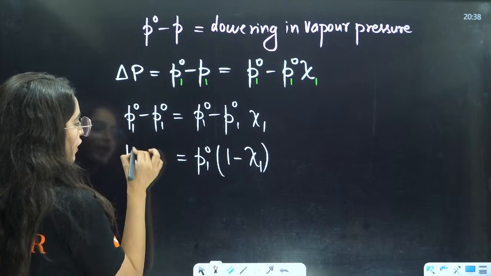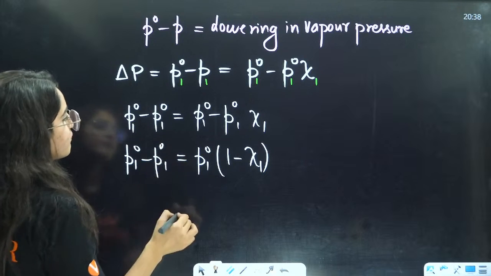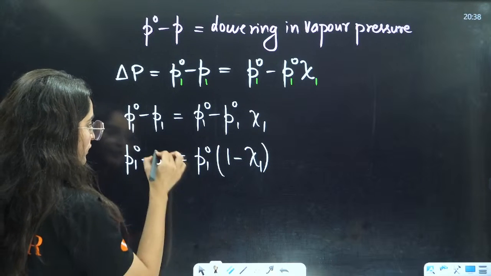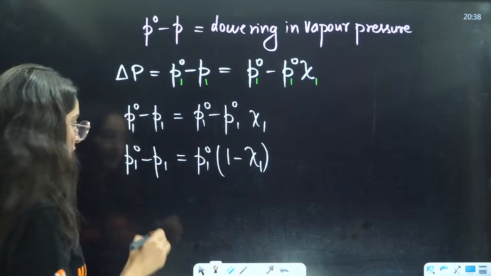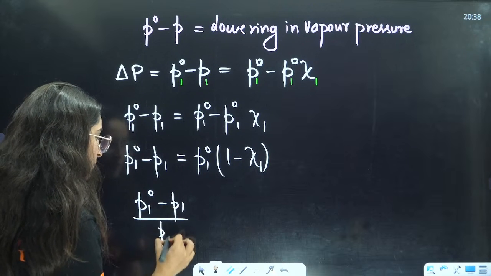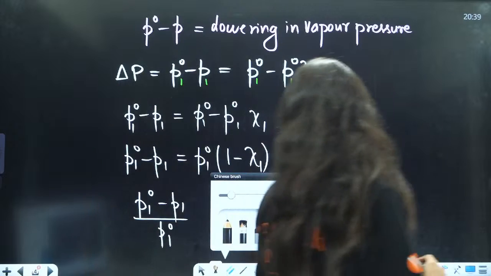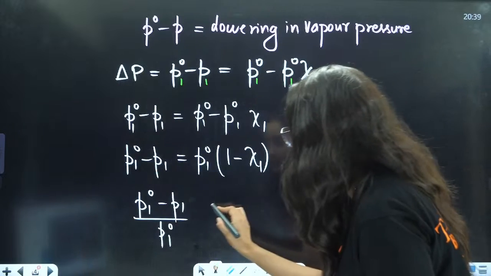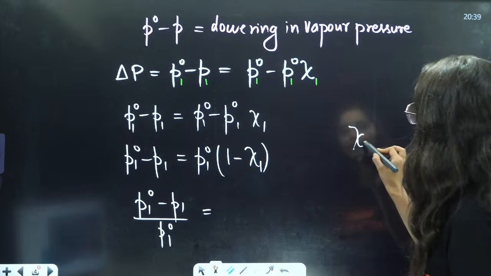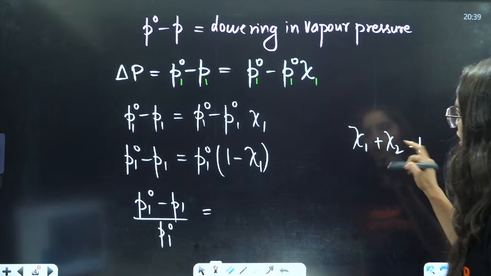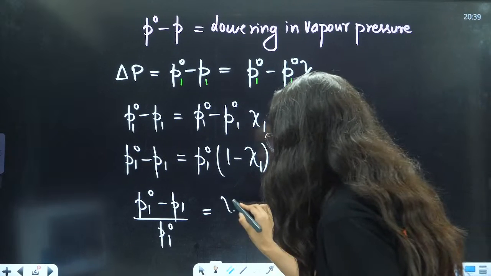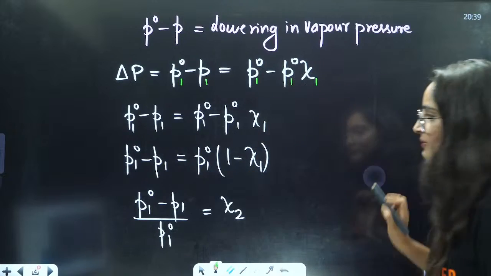This will be P1 naught minus P, right? Then after that, can I say, if I take this here, this will be (P1 naught minus P1) divided by P1 naught. 1 means we are talking about solvent. And here it is equal to 1 minus Chi1. We know that Chi1 plus Chi2 is equal to 1. So 1 minus Chi1 is equal to Chi2. So can I say here it is Chi2, right? So from this side,